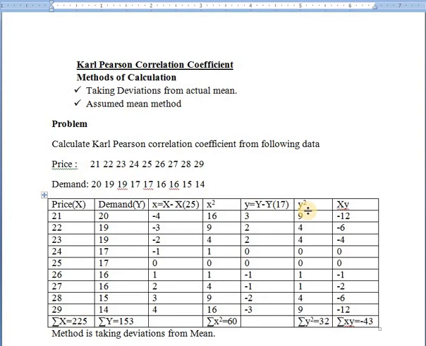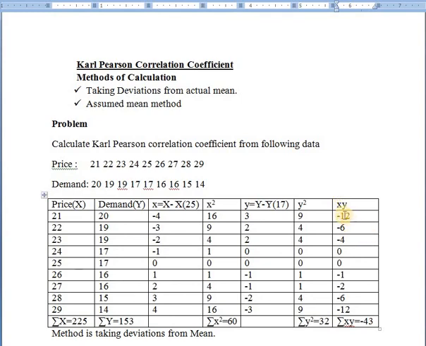And the square of small y is 3 square is 9, 2 square is 4, 2 square is 4, 0, 0, here 1, minus 1 square is 1 and here 4 and 3 square is 9, minus 3 square is 9. So the total of small y square is 32 and the product of